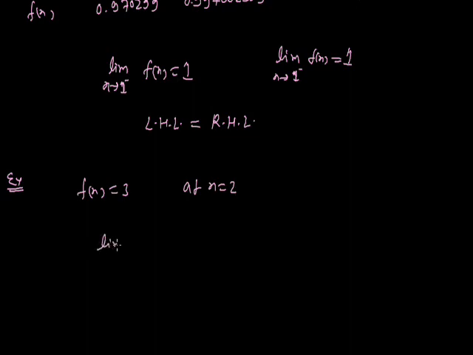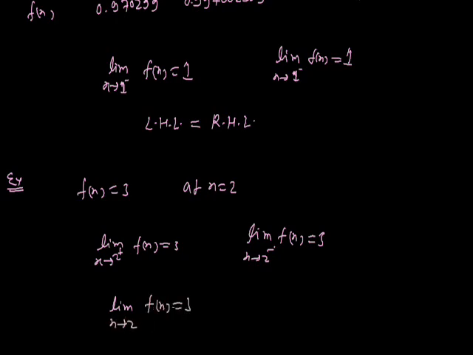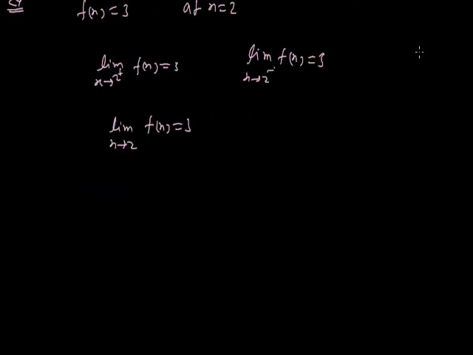First of all we have to find the left hand limit. X tends to 2 plus, the value of f(x) is equal to 3. Similarly, it is the right hand limit. Now we can find the left hand limit, x tends to 2 minus, so here the value is also equal to 3. And if we want to find the value as x tends to 2, f(x) will also be 3. So for a constant function, f(x) equal to 3 is a line parallel to the x-axis. It is a constant function, so for all real values of x the limit will be 3.